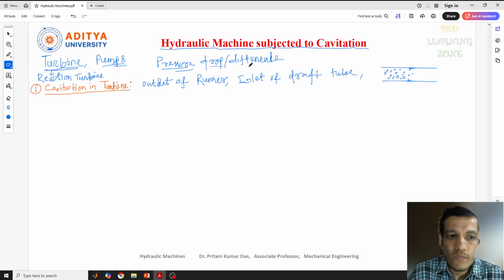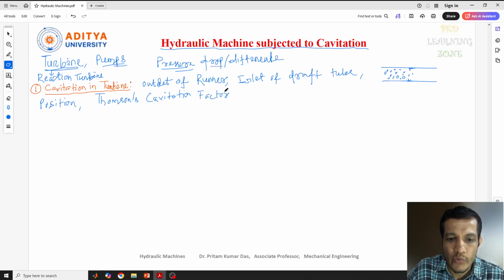actually the cavitation, let me tell you, at what position the cavitations are formed. Okay, so for this actually a Thomson's cavitation factor was given. Thomson's cavitation factor. A term is called Thomson's cavitation factor, which was given by, this is the factor which will define